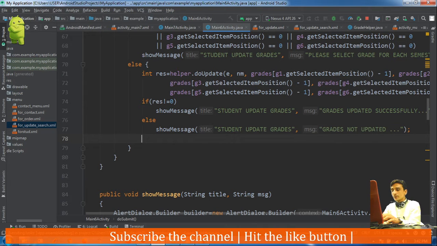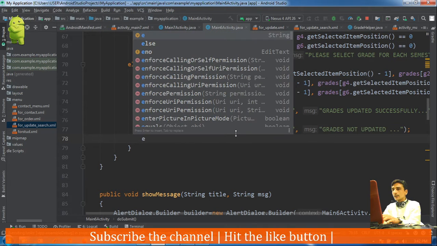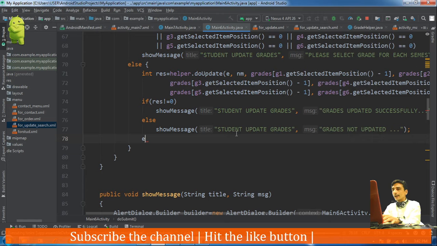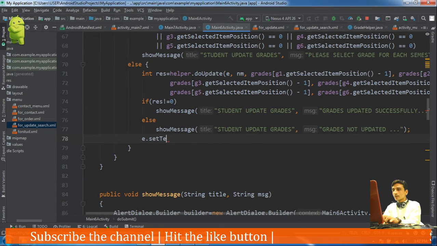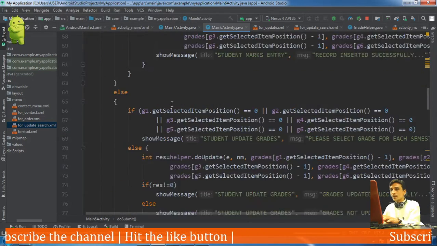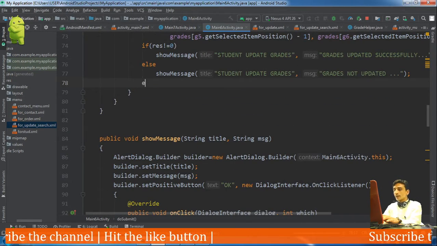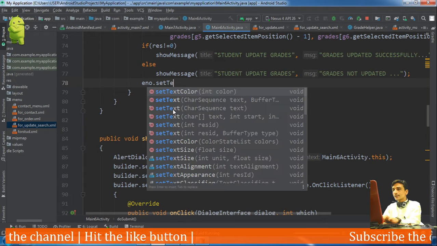Okay, what should we do? E number dot set text